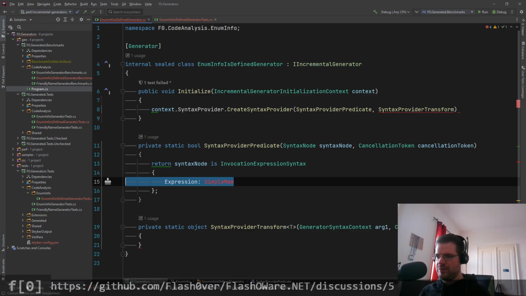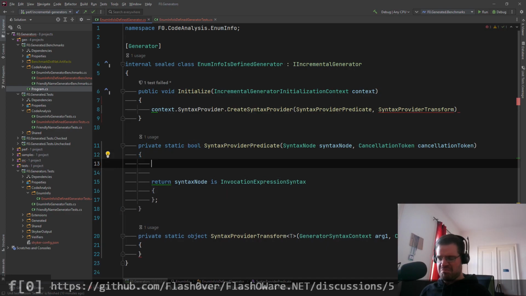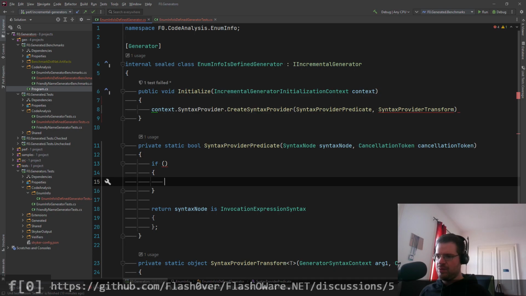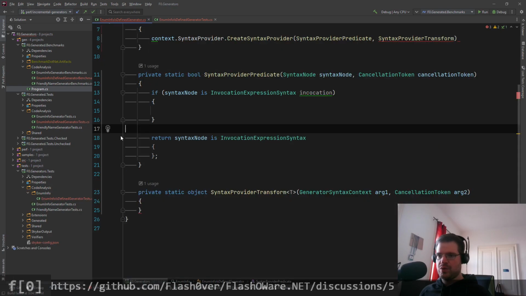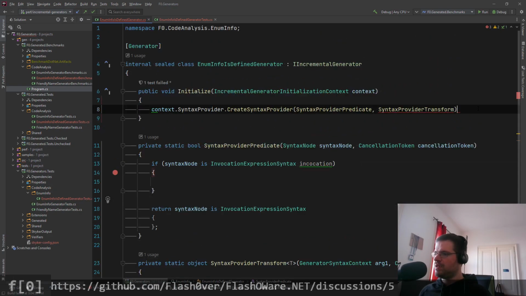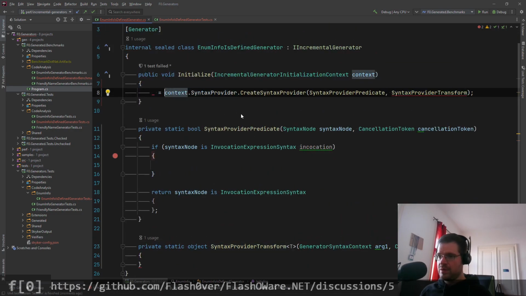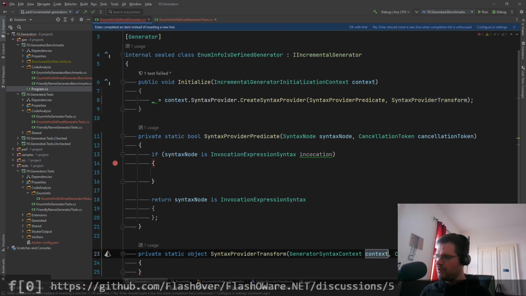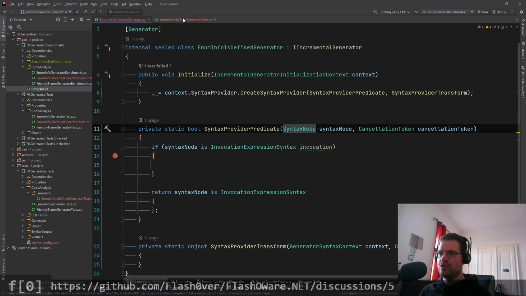Maybe I'll leave this for now. Maybe we can find out. I will do some debugging and see what we actually have. Invocation. I will set myself a breakpoint here. Oops. Breakpoint, yes. Let's get it compiling. Returning object. We pass in a context and also a cancellation token. This should compile. Now we could debug our test